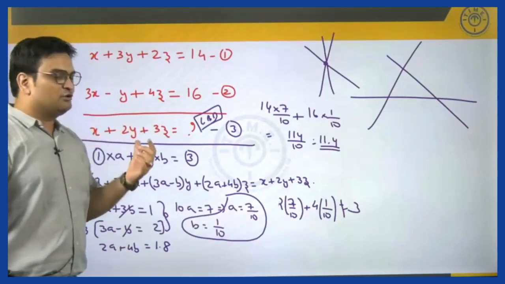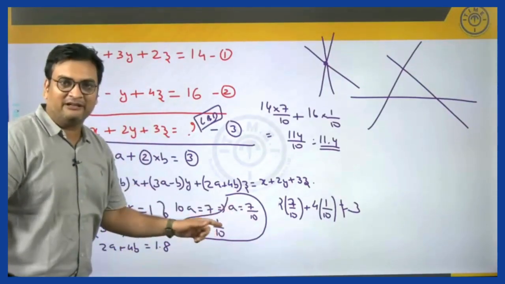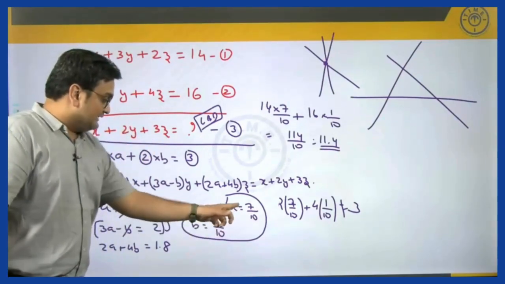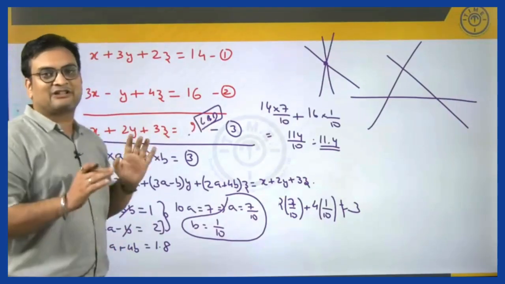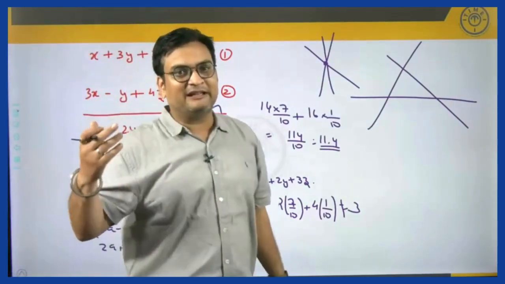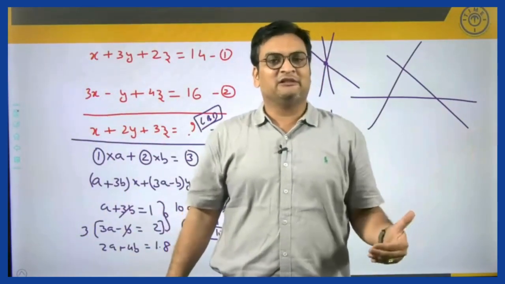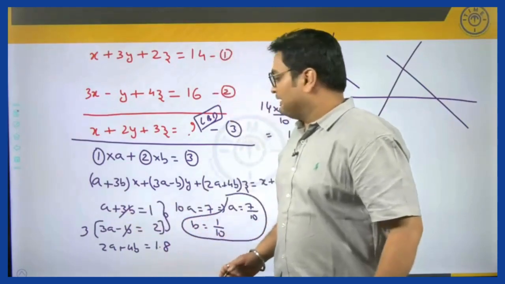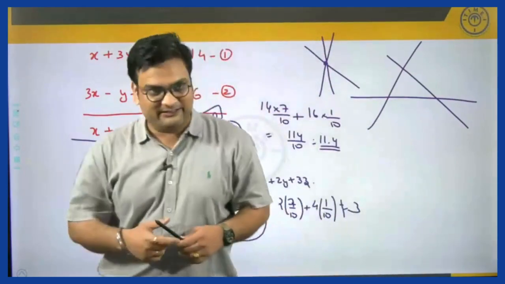If you are able to get the solution for this third equation using the values of a and b, then we get a solution for this combination. If these values of a and b are not satisfying the third equation, then the answer shall be CBD. But as you can see, the process that we have right now is extremely long. So there is a shortcut that we have in some special cases. Let me explain the shortcut